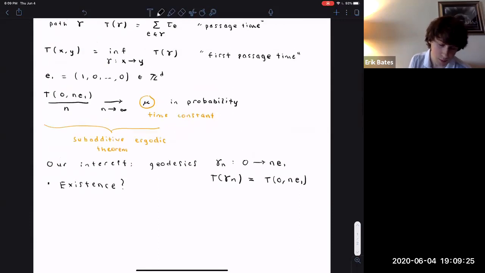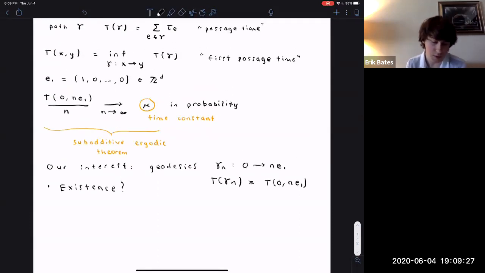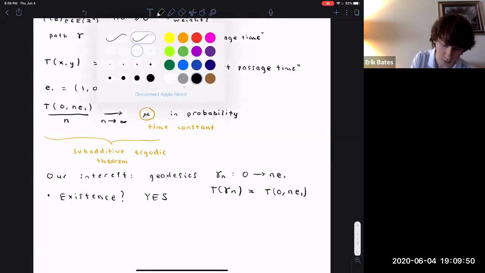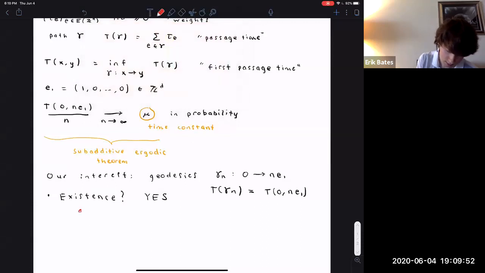Because I have an infimum, and there potentially is a chance that maybe I take longer and longer paths that achieve a better and better first passage time, so there's no path that actually achieves the infimum. Now this seems a bit strange because you think that long paths have high passage time. Indeed, this intuition in most cases will play out correctly, so the answer is yes. And this is under some assumptions. So this is at least if